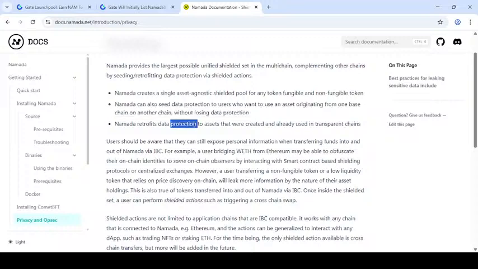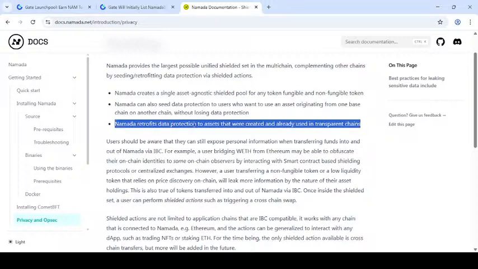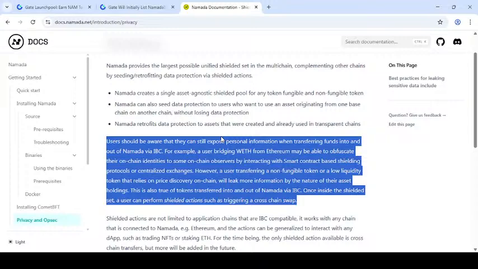And the Namada ratio fees and data protections to assist, and that are adopted and already based in transportation strength, users most. And we get it tested, and the users still get the most reward and they can send, still exposing personal information, so the transportation is found in our Namada IBC.